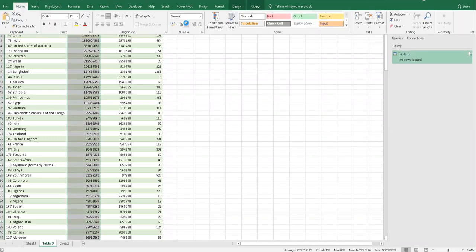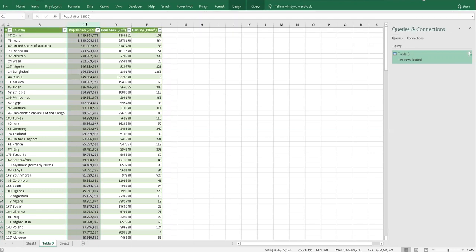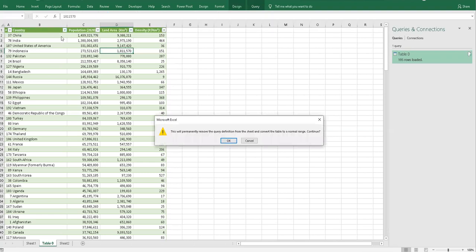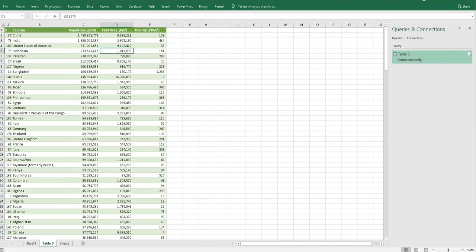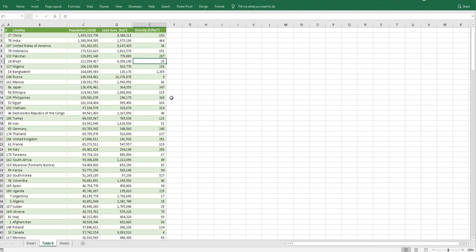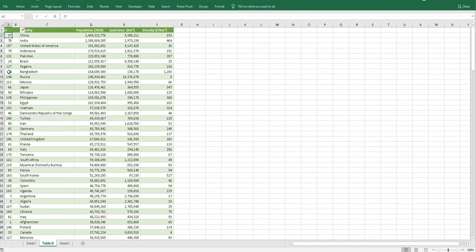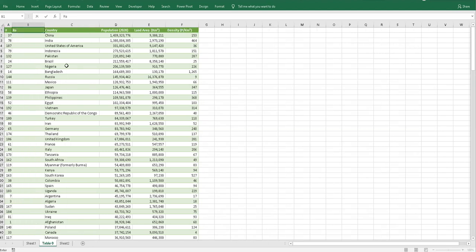I will use a couple of functionalities so that on the way you people understand how to utilize these functions. Okay, now I will turn it to normal values. I don't want it. Now I will change the information. Now, second function, I just want to add the ranking here. I can do it 1, 2, 3, 4 here also, but I want to use the ranking function, so that on the way we will use new functions.